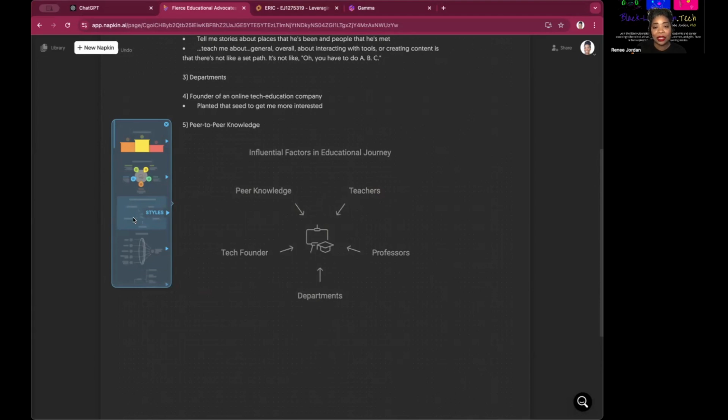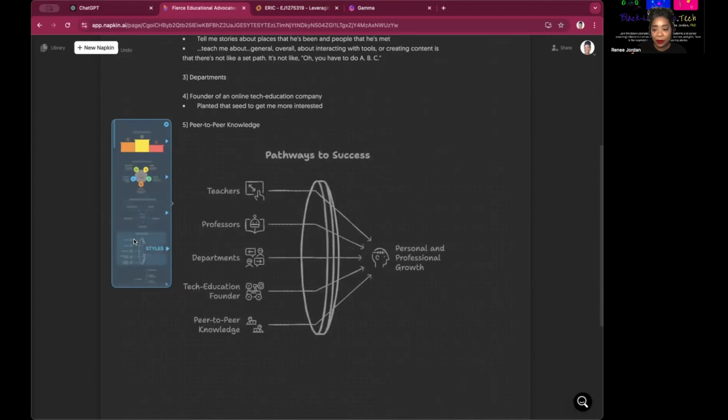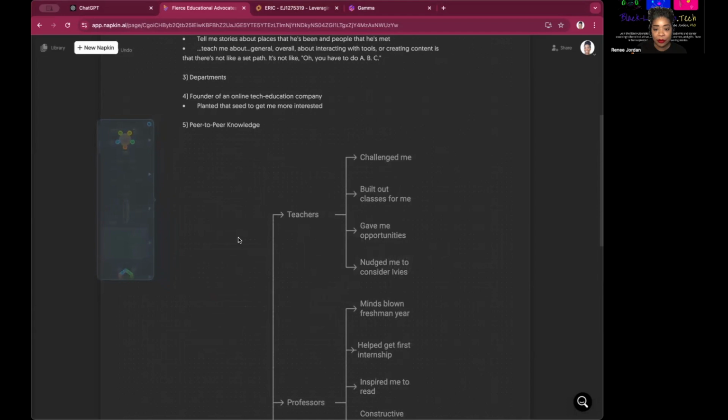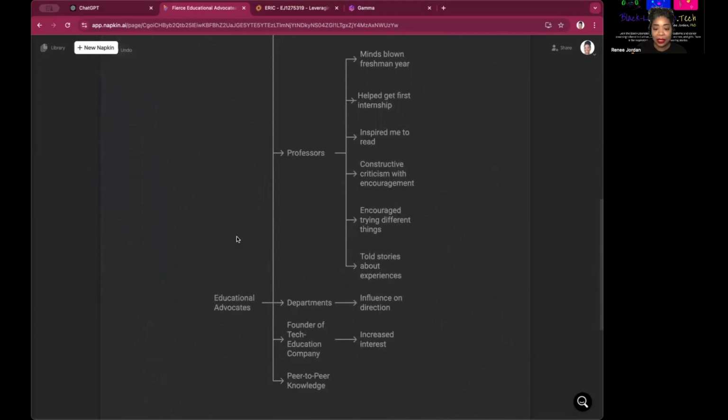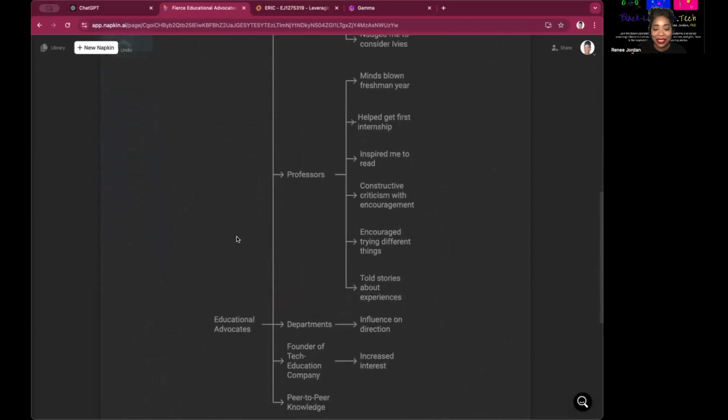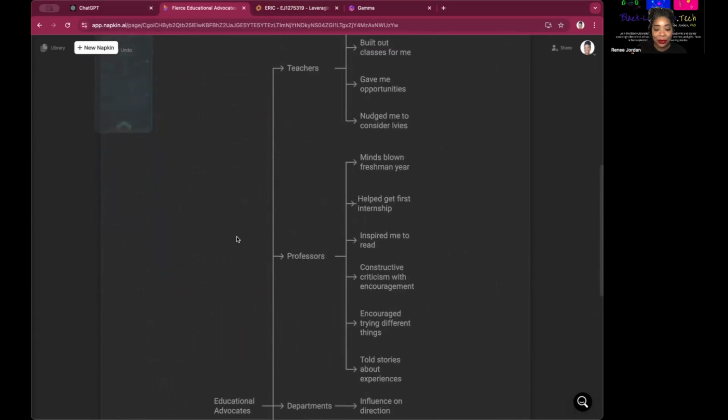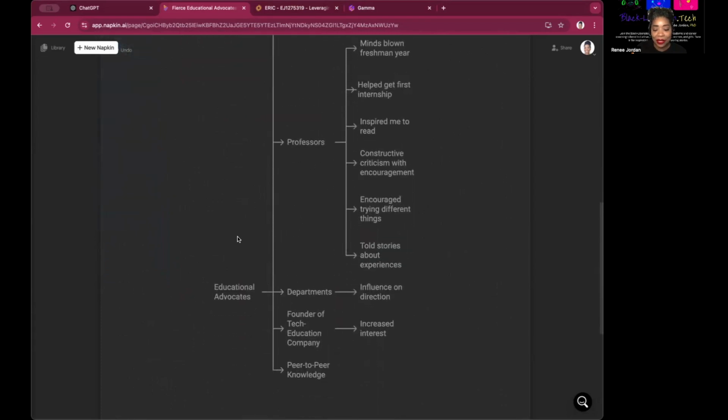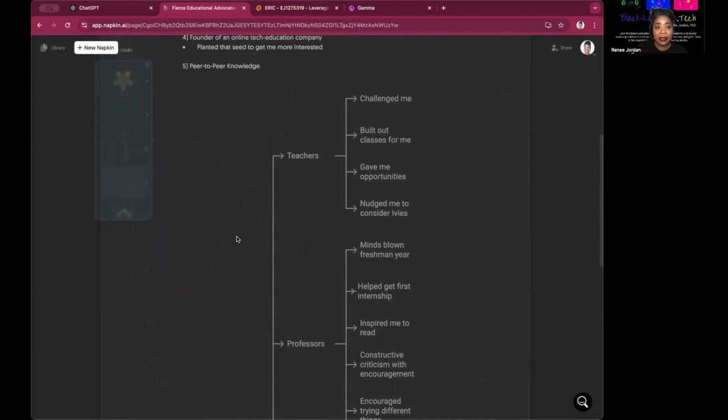That's great. The only thing I really don't like about this is that it changed my title from Fierce Educational Advocates. That's the name that I wanted because that's the terminology that was provided by my contributors. Whereas influential factors in education journey, that's nice, but that's not what was said. So here we have another way of depicting it. Some more. This one's a little long, but it essentially does what I attempted to do. It does have the educational advocates, but it doesn't say fierce. Fierce is important. It attempts to do what I did on the presentation.